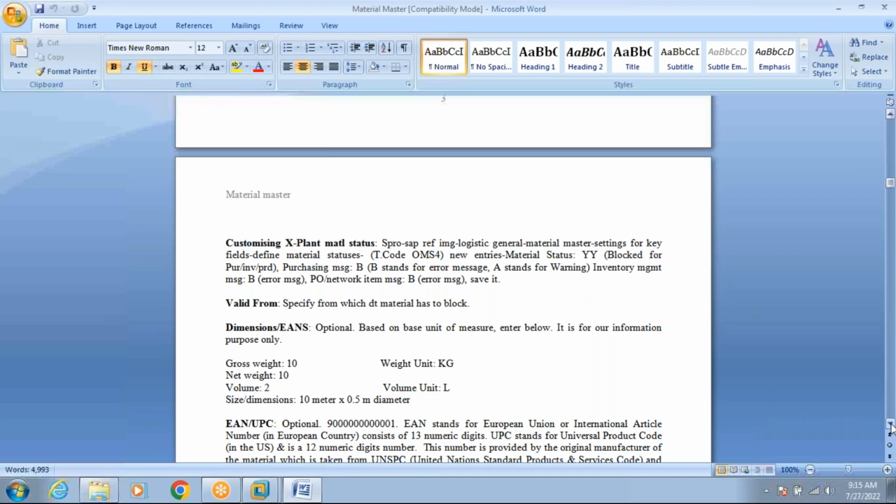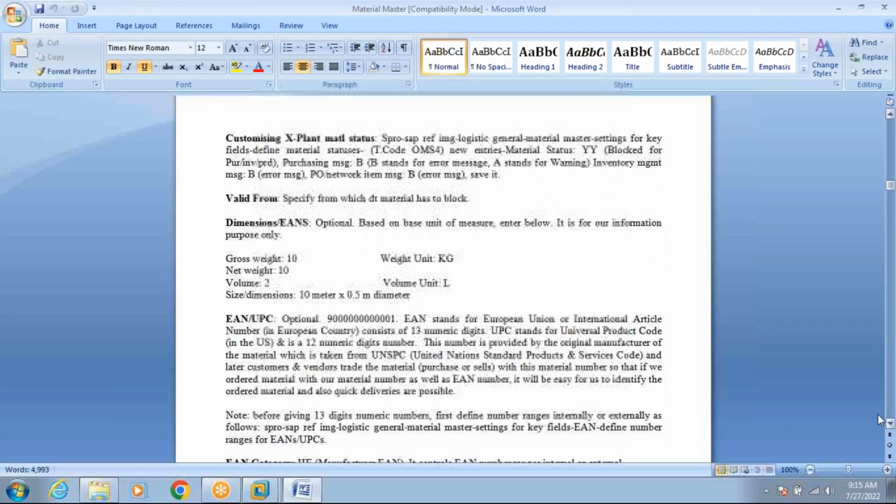Now, dimension, this is important. Dimension, European article number. EAN stands for European International Article Number, and UPC stands for Universal Product Code. This is based on the base unit of measure. Enter below. It is for our information purpose only. Let's say, for example,